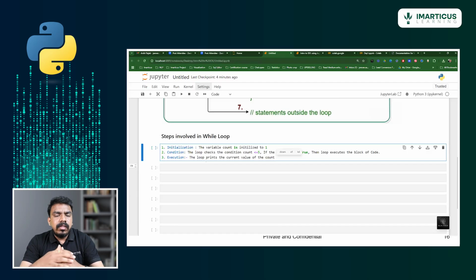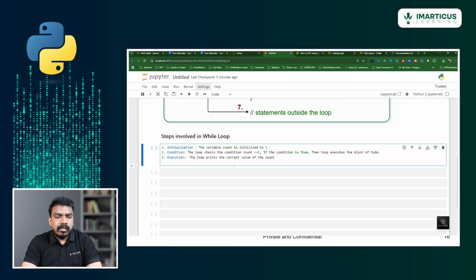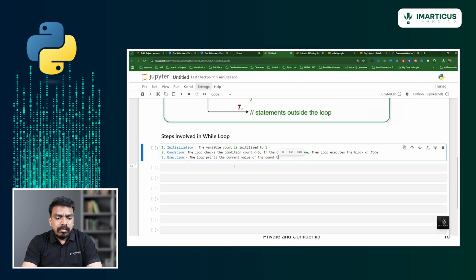Why do I want to increase? If you don't increase the value of count, what happens? The loop will keep on iterating, so it will never break. So I want to increase my value of count by 1.